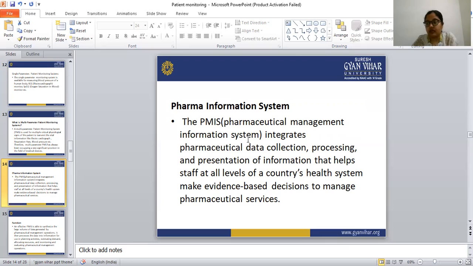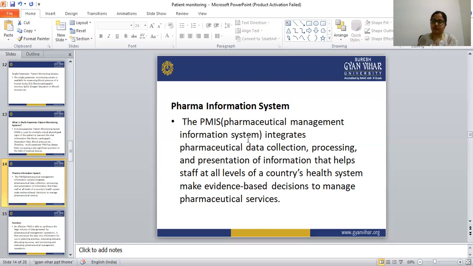The pharmacy information system is quite a complex system, which is used by the pharmacist to see how the medications are used in the hospitals. The earlier version of the pharmacy information system included pharmacy billing, inventory management, report generation, costing of the medication, labels, file list, and the patient profiles.